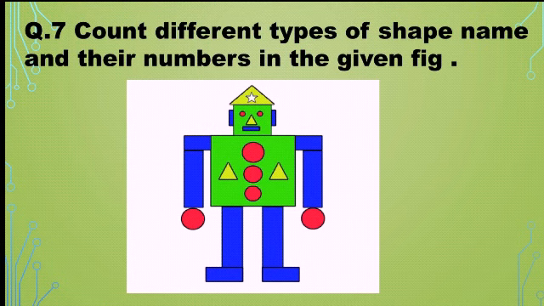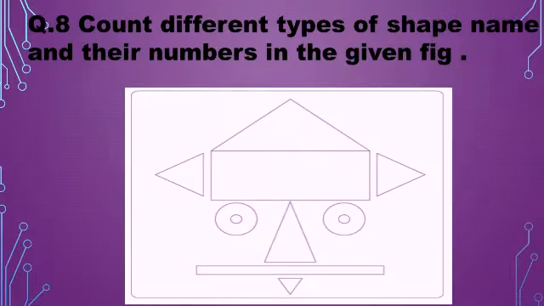I can see there is a triangle. The triangle is in light green color. You can say how many triangles there are. If I count, 1, 2 and 3, the nose part and the hat part, in the sharp part there are 2 triangles. So first of all you need to write triangle, then you need to count it as 3. In this way you do it.